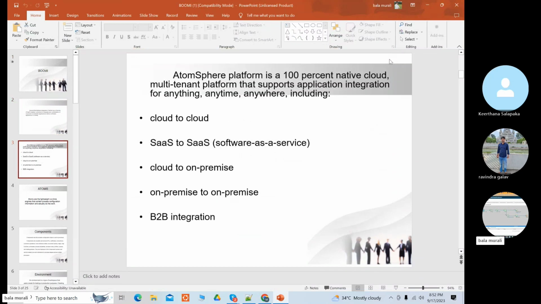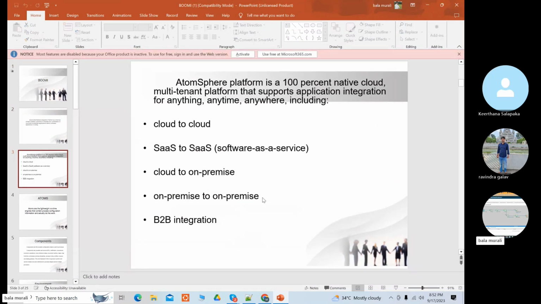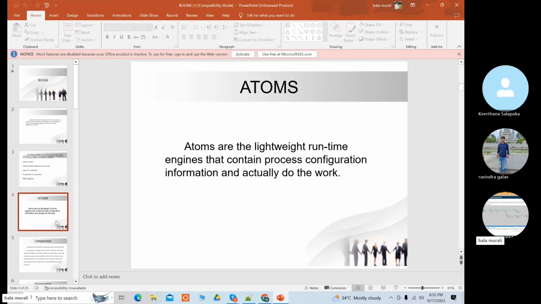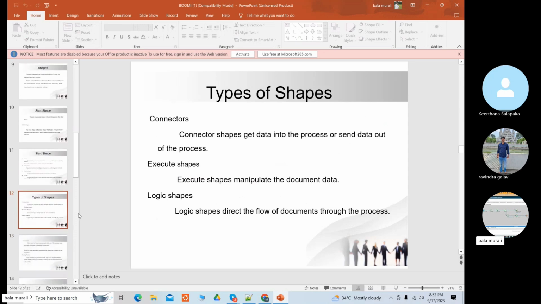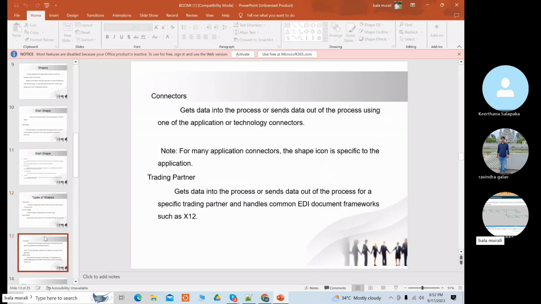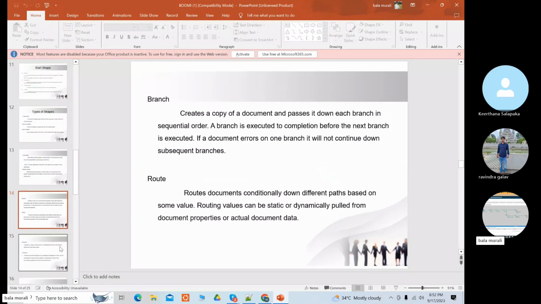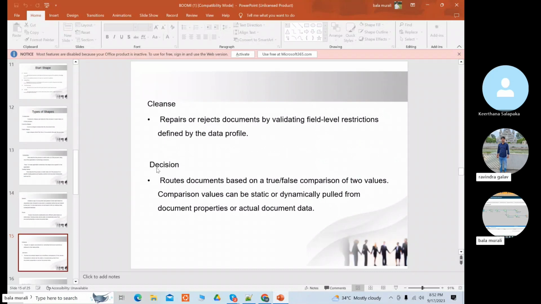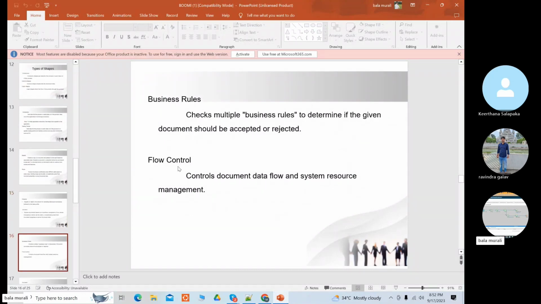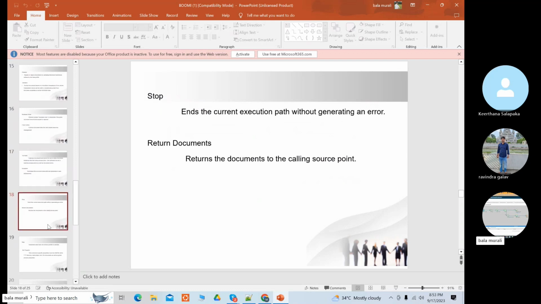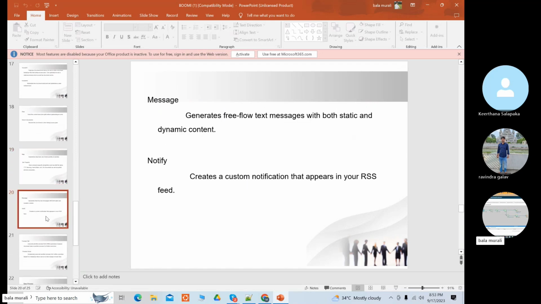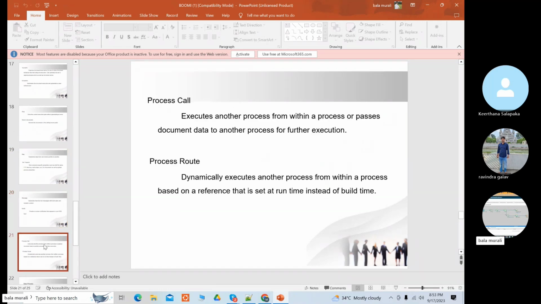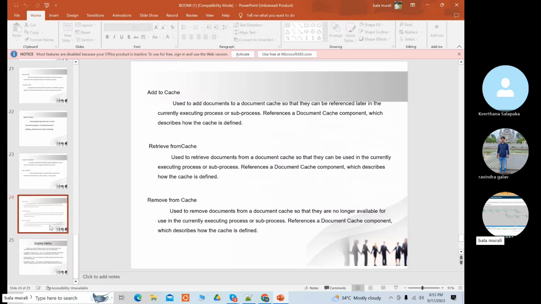What is Boomi, where we have software as a service, integration as a service, everything, right? So what does Boomi do? What is an Atom, what are environments, what is a process, what are shapes, what is the start shape, what are different types of shapes, connectors, what is the application connector, what are different types of connectors, what is the decision shape, what is the business rules shape. Just go through this. You need not remember it, I know, but you won't get it now. While seeing it live and doing it yourself, only then will you get it.